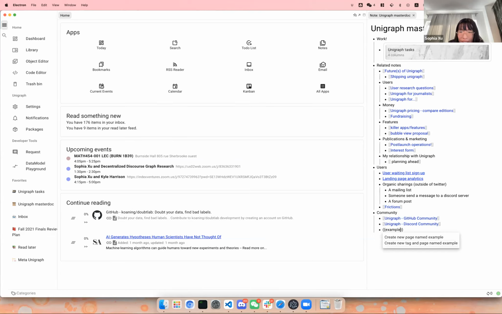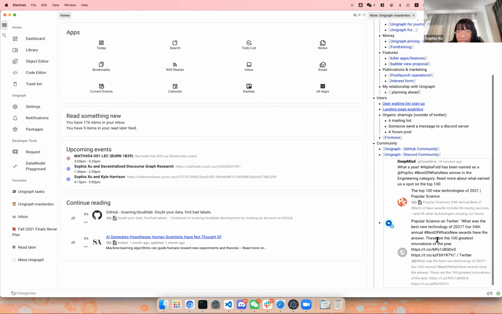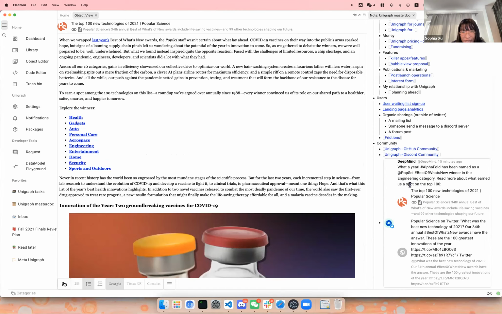For example, I can embed a tweet. I click on it, and it will be embedded right here as a block reference. This is just a tweet, and the tweet can link to, for example, this bookmark that is linked in the tweet. I can click on it. This is the bookmark, the link in the tweet, because everything is composable, so you can do anything on it.